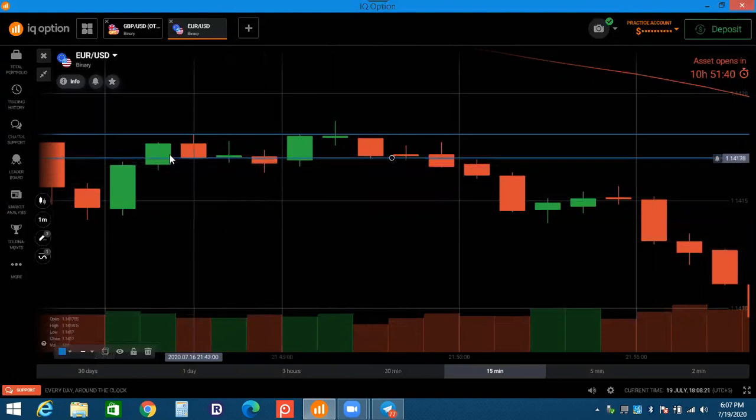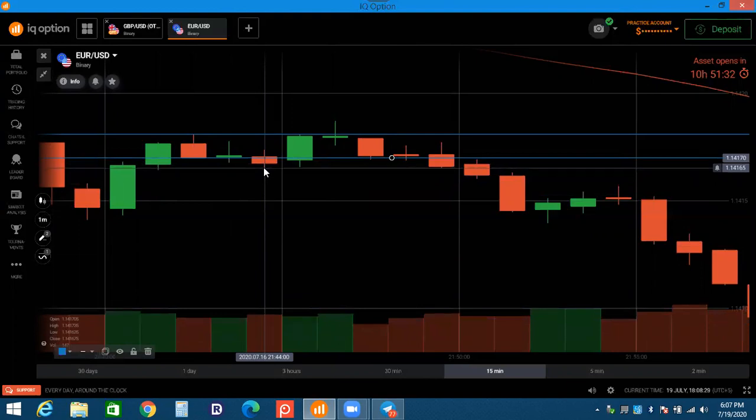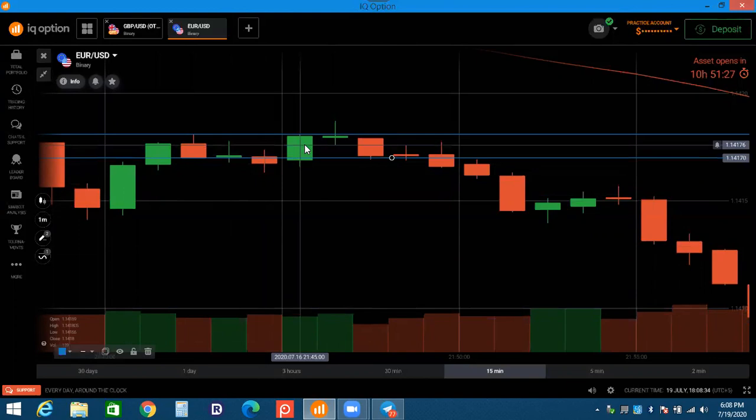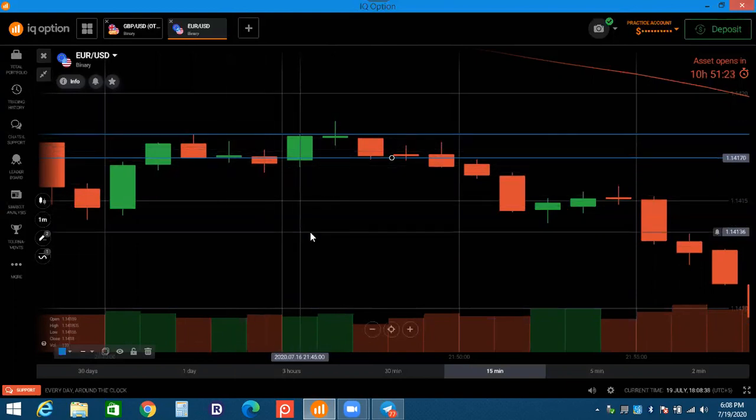On the demand, in this area, it's broken with a lower wick. The lower wick suggests volume increasing, buyers entered in this candle. It means demand is increasing now. Buyers entered. So all the conditions, all the things you will learn in the VSA videos, I explained everything in depth. You just watch with concentration and practice on the chart. It will increase your winning ratio on support and resistance.